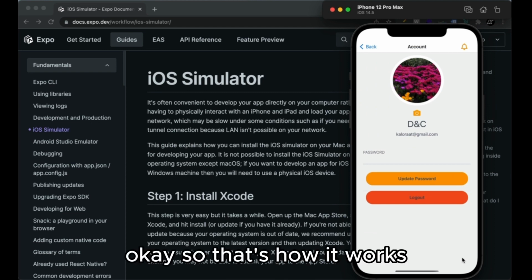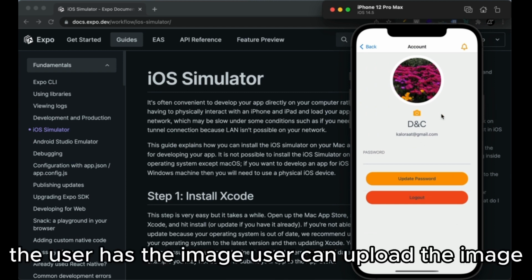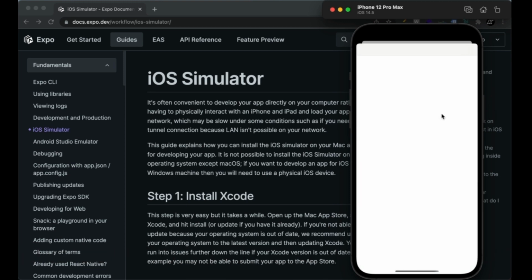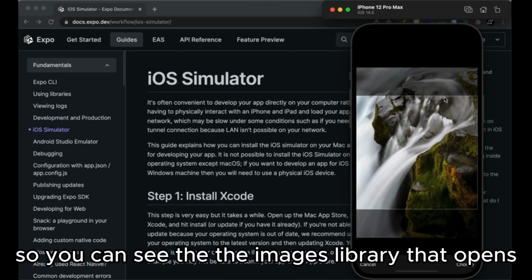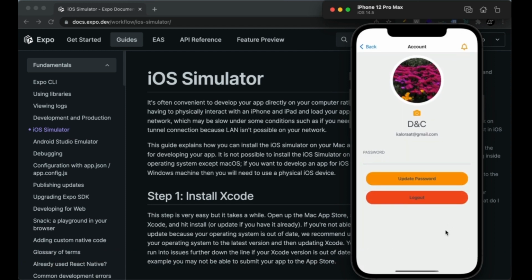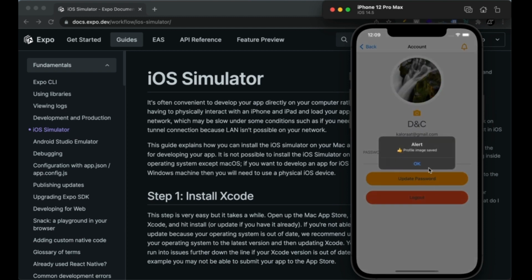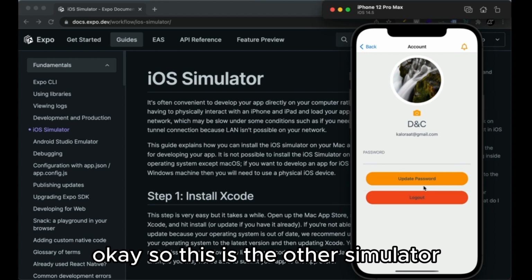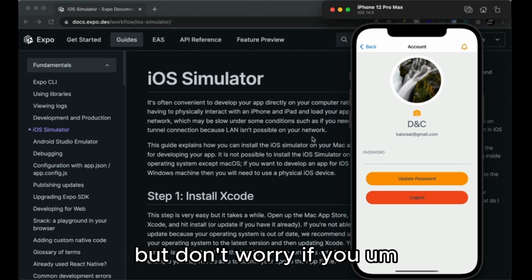Okay, so that's how it works. The user has the image. The user can upload the image. So you can see the images library that opens. Okay, so this is the iOS simulator, but don't worry if you